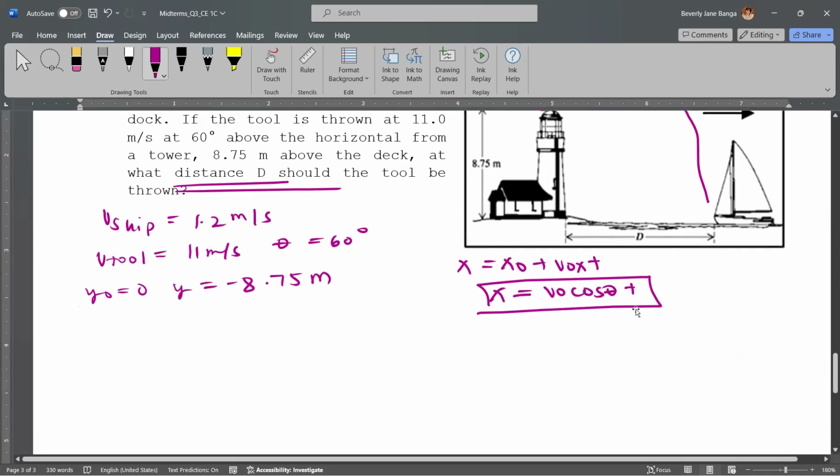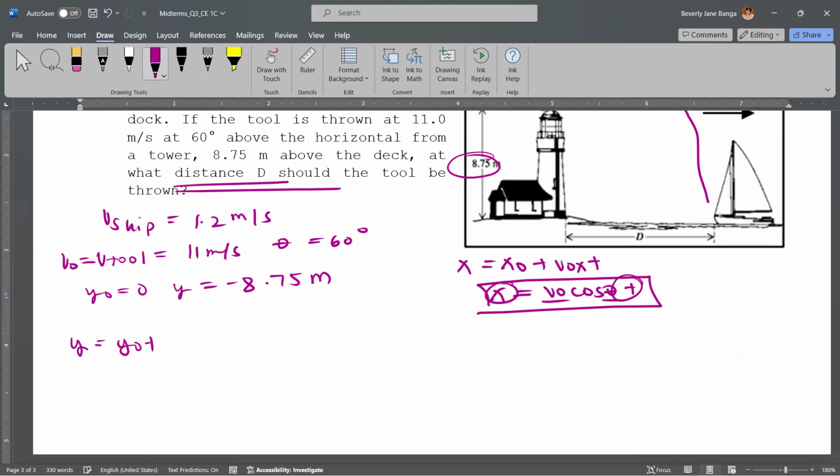Hindi natin alam yung time. Alam natin yung V ng VO dito is the V of tool, okay? So, VO is the V of tool. Alam natin tong VO, alam natin yung theta, pero hindi natin alam si t at si x. Ano pa bang iba nating alam? Yung y, di ba? So, alam ko na y is equal to y naught plus VO sine theta t